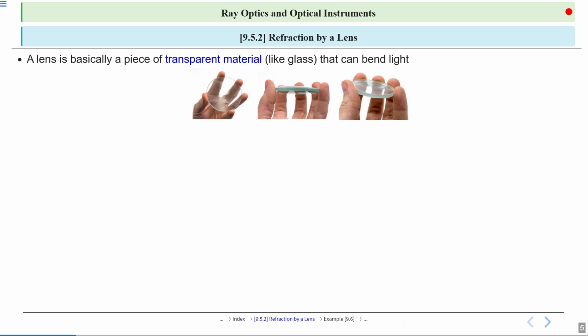It can be of different types. We are going to discuss two major types in this chapter, that is convex lens and concave lens. Further, in convex and concave lens there are further types of concave lens and convex lens also that we are going to discuss in this chapter, based on their refracting surfaces. So this is the actual diagram of the lens.